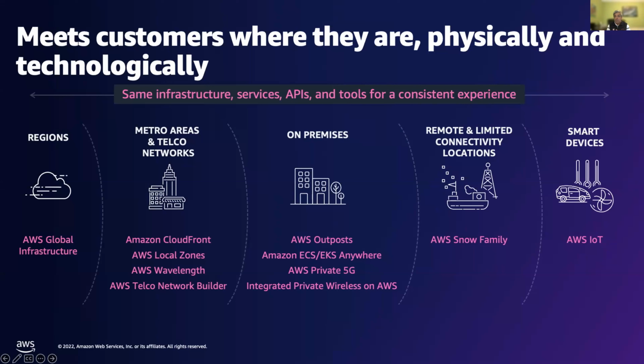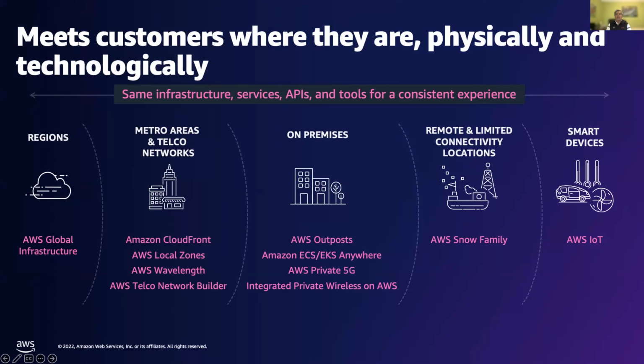providing the widest range of services and offerings to customers. Next, if you move on, we bring the cloud closer to users in specific geographies with services closer to metro areas or telco networks. We even provide services for on-premises data centers, which can be managed by AWS or by the customer. And this is something where we'll go a little bit deeper about Outposts, and in the metro areas, we'll talk a little more about Wavelength and Local Zones and the services that we offer. Now, we have services that go even further,